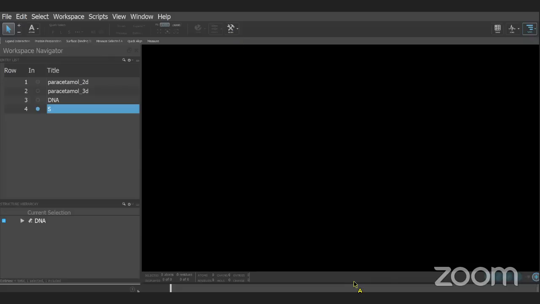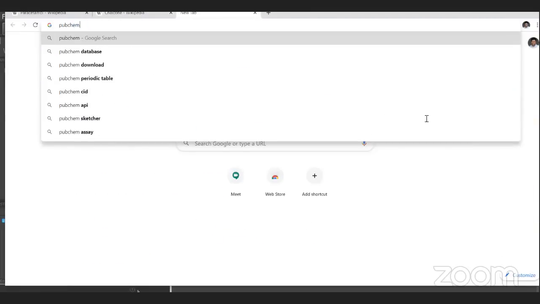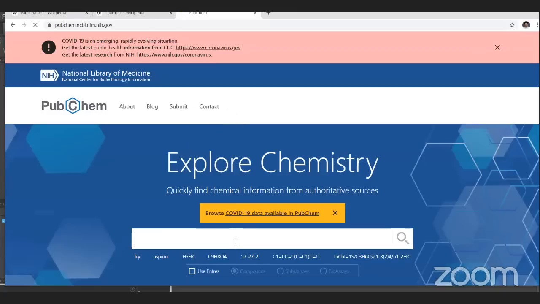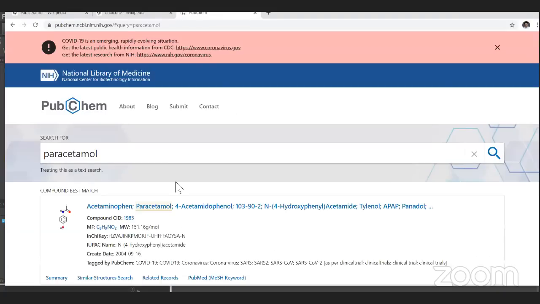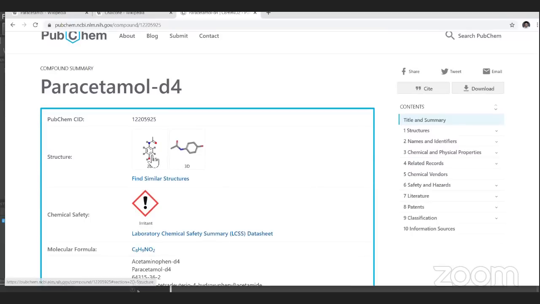If you don't have the SMILES string, you can also go to PubChem. You can go to PubChem and you can click on PubChem here. You open PubChem and then you can search for paracetamol and it opens paracetamol here. You can click on the first entry that you get and it gives you the option of saving the structure